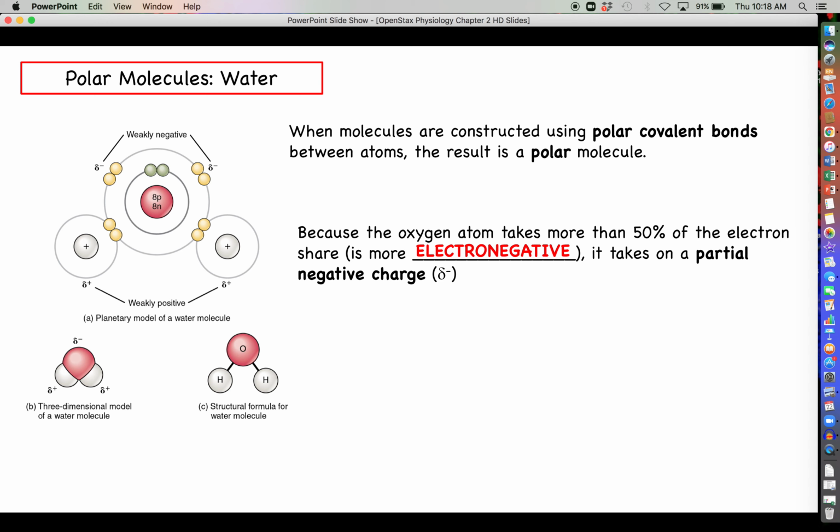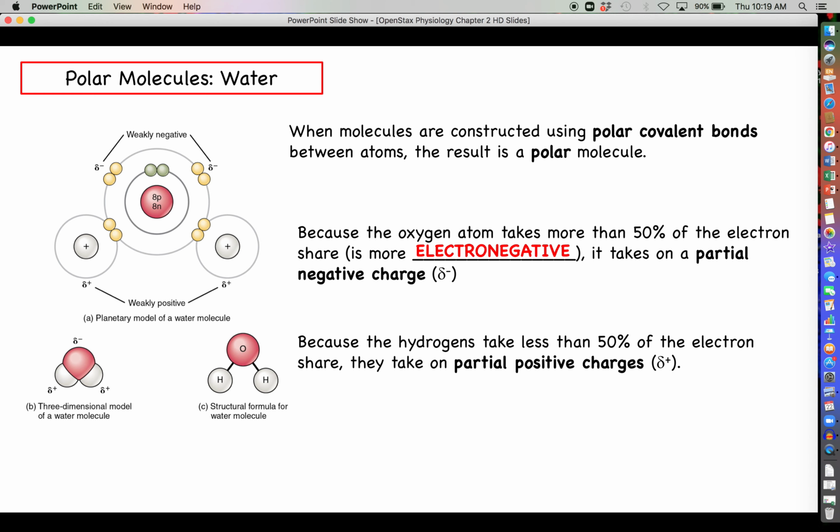Now, in the case of nonpolar molecules, you end up with nonpolar covalent bonds when you have electrons being shared either equally or almost equally. A good example of that would be carbon and hydrogen. Carbon has a slightly greater electronegativity than hydrogen, but it's close enough that each atom gets about the same amount of electron around themselves. So because the electrons are being shared equally, we say it's a nonpolar covalent bond. Each atom gets about the same share of electrons, so nobody takes on any partial charges here, right?